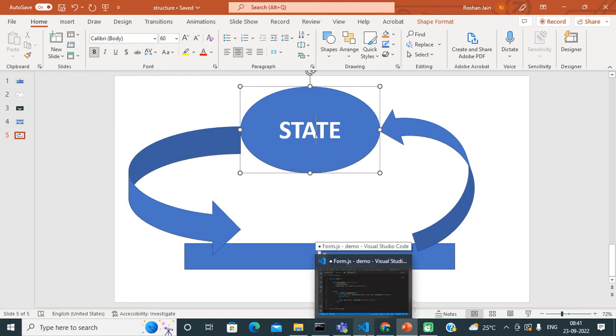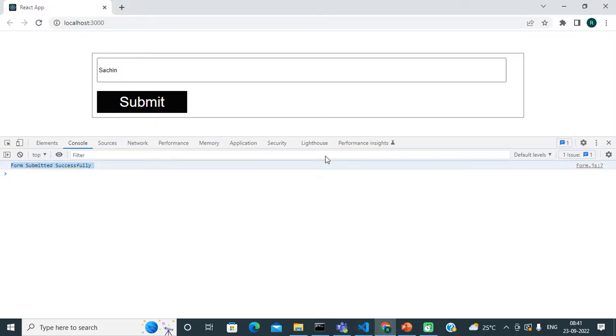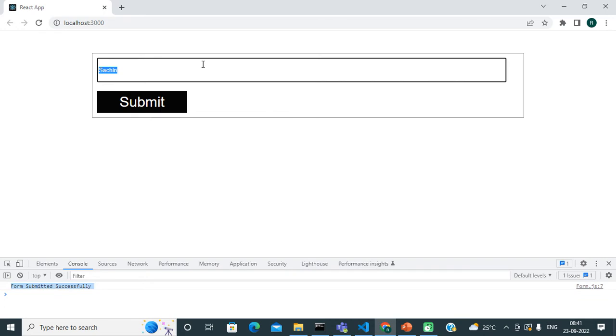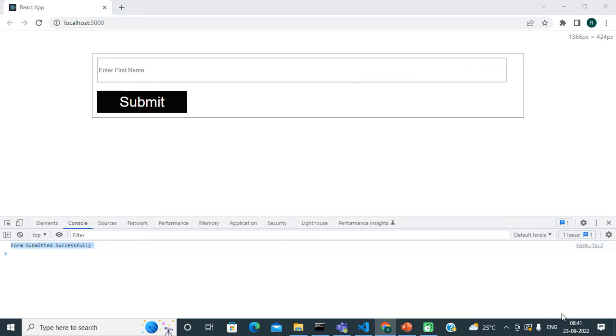Okay friend, so see, in our application, in our form we have only one input field element. So in our case also we have to create one component state.